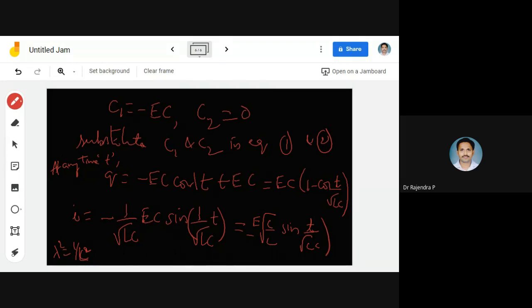Is it clear to everyone? What is C1 value? C1 value is minus EC, right? So minus into minus is plus here. Sorry for that. This is minus EC, right? I just substituted only EC here. So this is the way to handle it. At any time t, we have q, you have I. So finally you got your answer. In the examination, they are going to give you the direct differential equation with some symbolic representation. Don't be confused by that. You go ahead as it is.